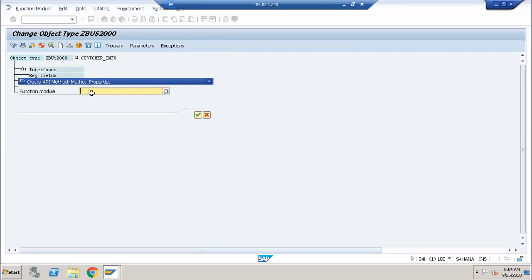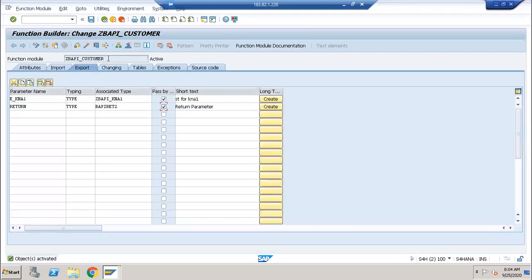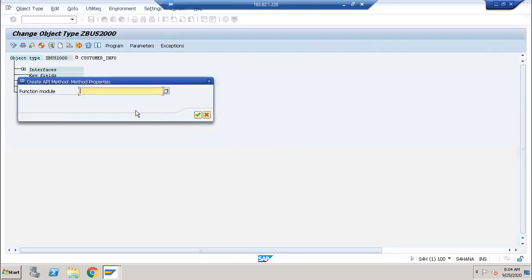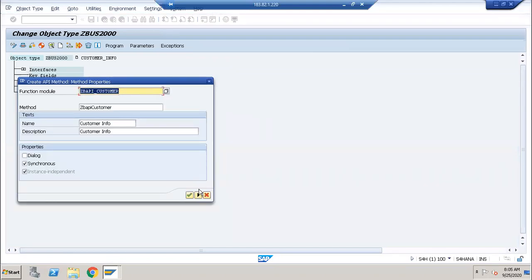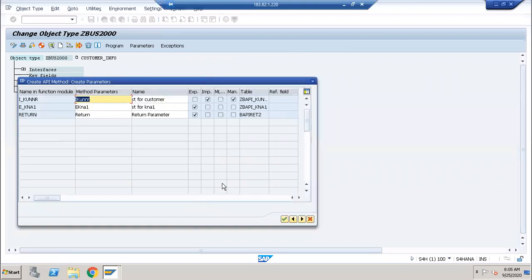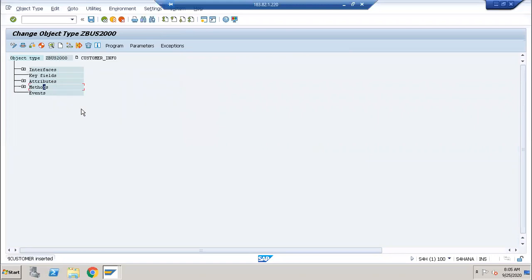Just copy that name, the BAPI customer function module, and paste here and click on enter button. Fine, click on next button and next button. Click on S button. Fine. Method inserted.